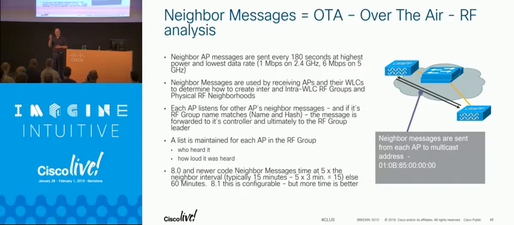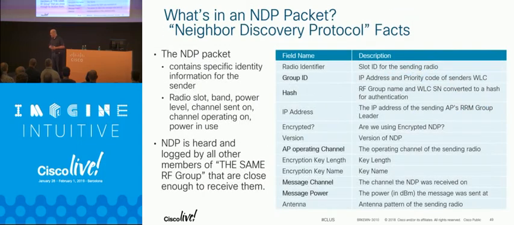And if you looked at the DCA runs about every 10 minutes, my neighbor list was different. First time, I'd have this AP. The next time, he didn't get in that time, so I'd drop him, add another one that I'd get in. And if the neighbor list keeps changing, then the channel plan has to keep changing, and so forth. So if you're seeing a lot of channel changes, probably want to go back and take a look at this setting.